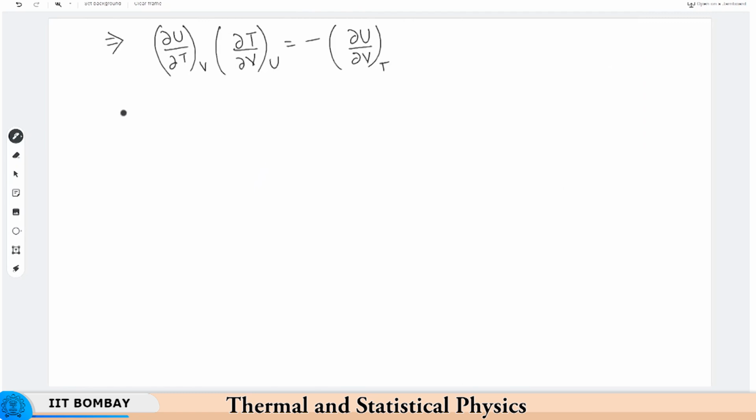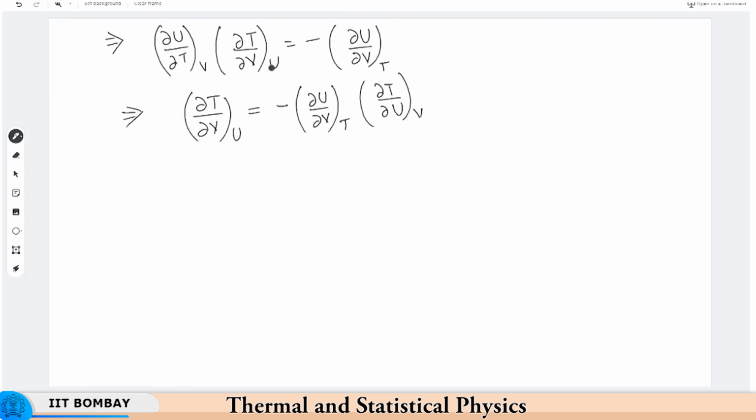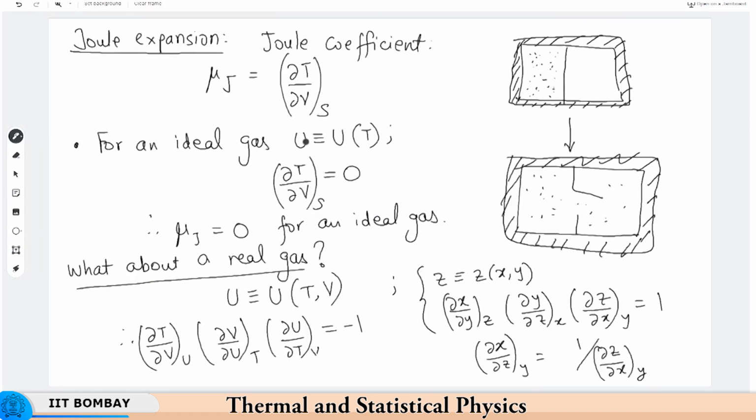In fact, I can rewrite it like this again, right. So, del T by del V at constant u. Okay. So, I am going to use the reciprocal theorem again. So, this is negative of del u by del V at constant T times del T by del u, right. So, I am going to invert this, del T by del u at constant V. Okay. And the reason we did this is because now the left hand side of this equation, del T by del V at constant u, right,